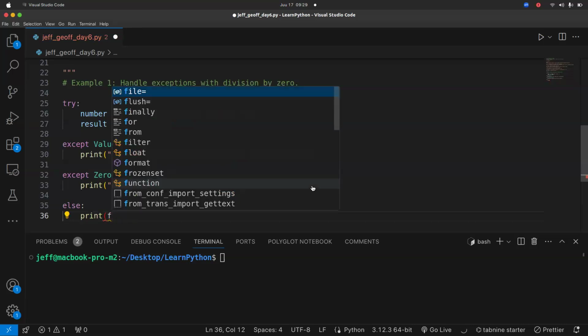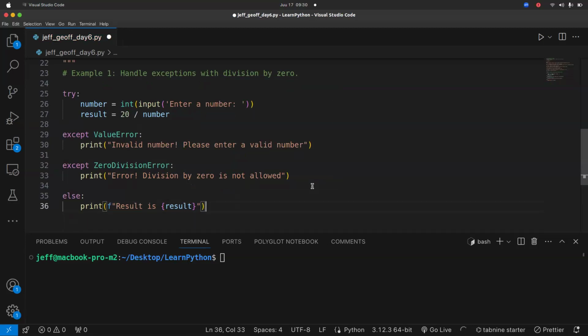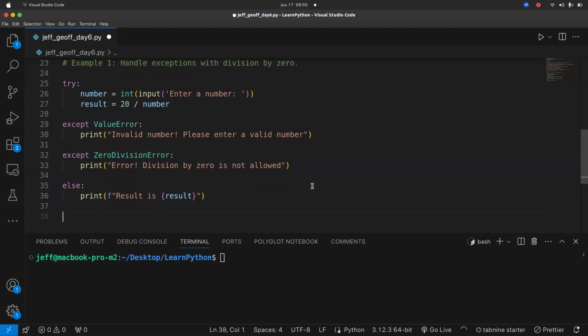You use the f and then "result is", then we get the result. Then we will now use the finally.